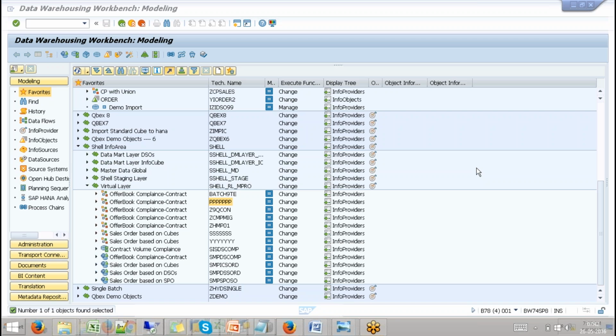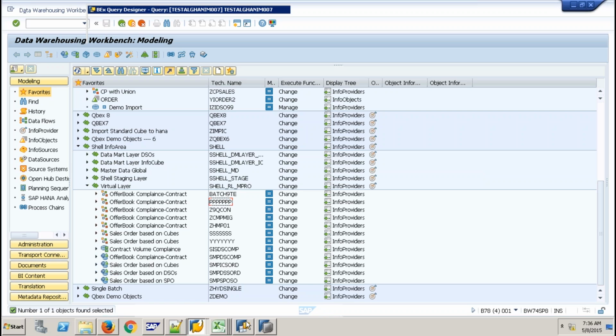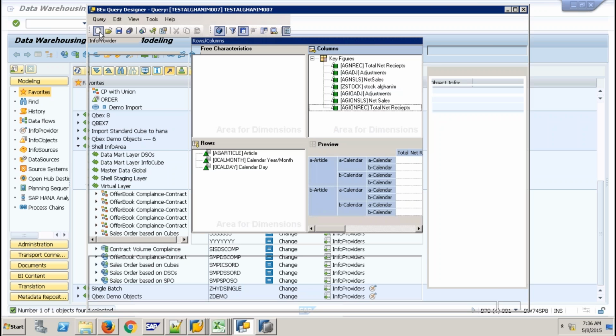What you're saying is you'll publish this DSO as a view and join those two tables and the view, as in the calculation view. And when you want to consume the calculation view, again we have options like transient provider or virtual cube, or using an Open ODS view, or again using a composite provider, or we can execute it directly also. If you look at 7.4 SP11, I can straight away create